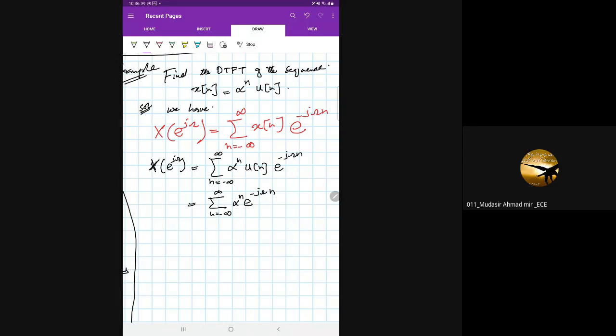Now you know that in this equation you have alpha raised to power n. If I take n from 0, 1, 2 up to infinity, you know that the value of alpha raised to power n, the value of the Fourier transform